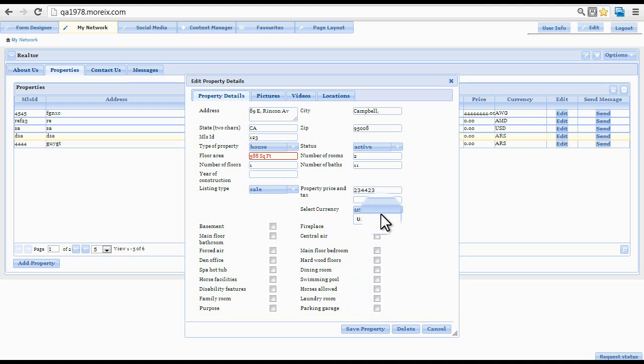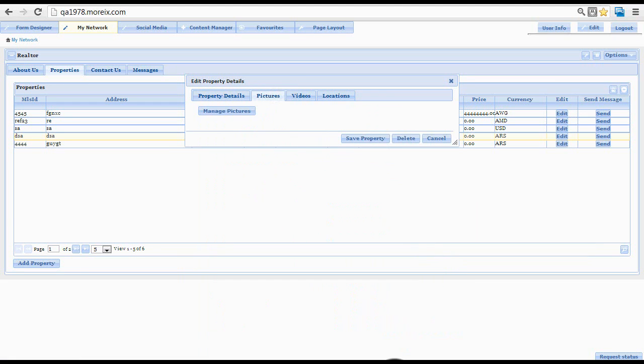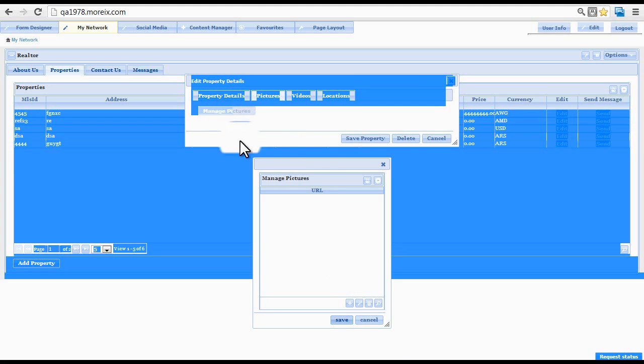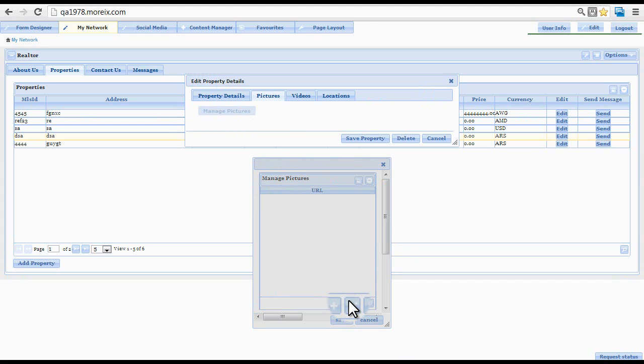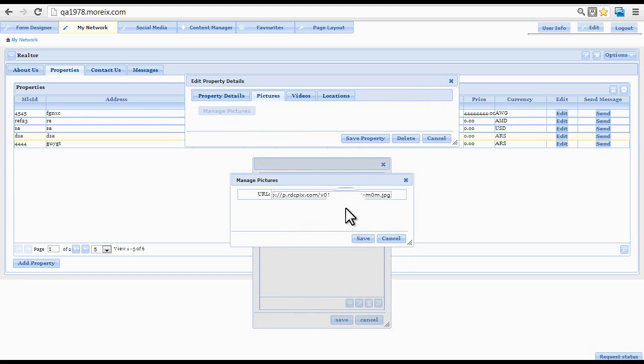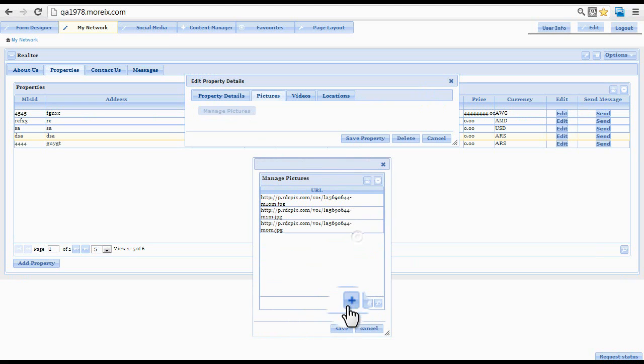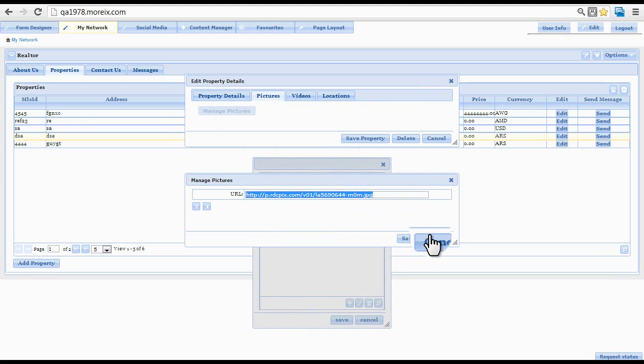The user can add as checkboxes the number of rooms that are there, whether it has a garage, whether it has a fireplace, and certain details like these. We can also add images which will give a better picture, and multiple images can be added by clicking on the plus sign. We can save these images, we can edit them if we want, and we can even delete some that are not required.